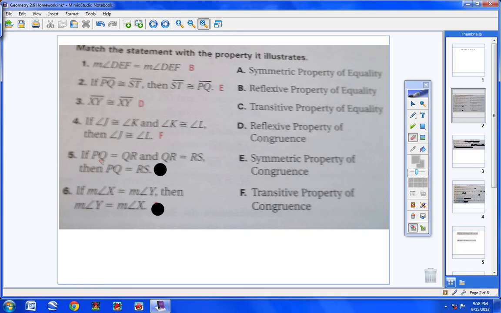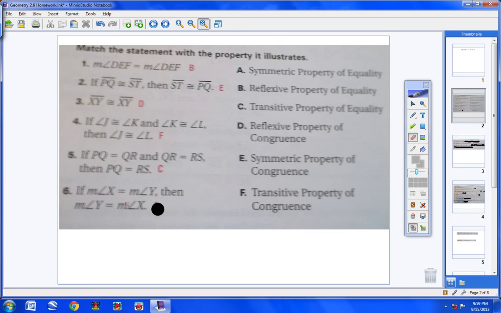All right, if PQ equals QR and QR equals RS, then PQ equals RS. Notice that would be transitive, and notice we have equal signs, not congruent signs. So it would be the transitive property of equality, which is letter C. Letter C. And then number 6, if the measure of angle X equals the measure of angle Y, then the